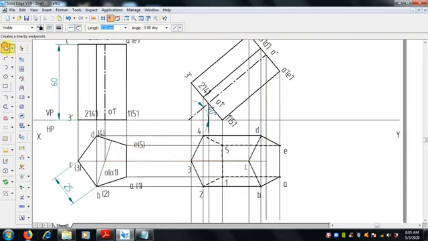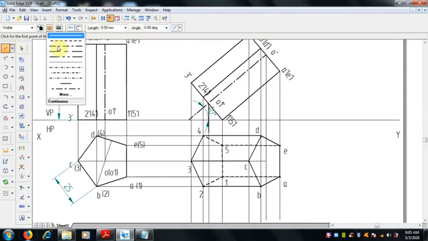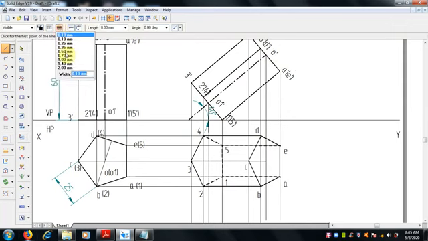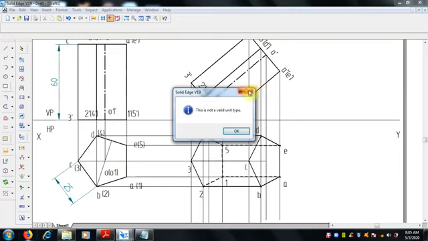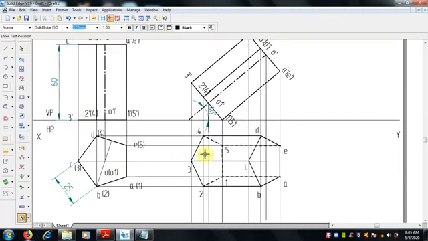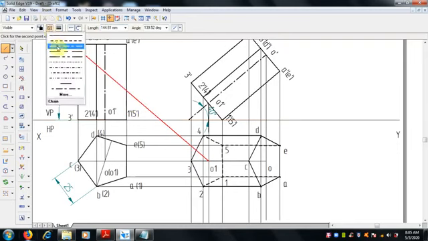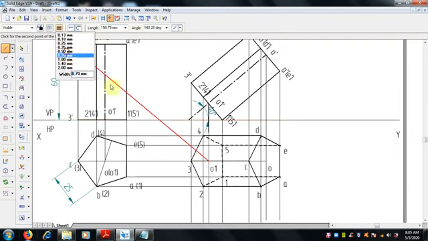Now the intersection of these two should be connected with the axis line, 0.5 mm thickness. See here O1, select text command, here O1 and here O. These points we draw with the center line of 0.5 mm thickness, join O1 and O. So now the axis is there.